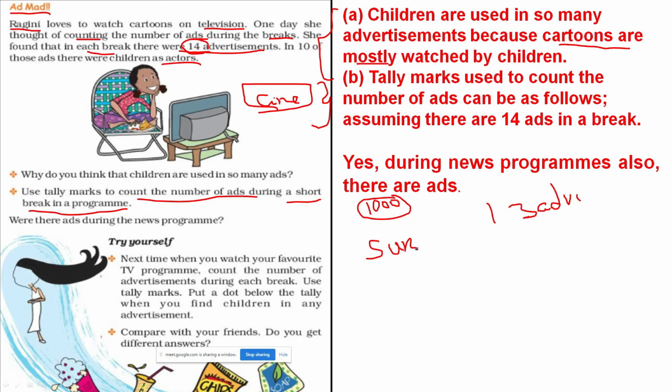Through the advertisement, the company develops its own product more. It attracts the people, the customers, or the children especially. Chocolate and all, many small children like. By seeing the advertisement, they want that particular chocolate when they are going to purchase items. To attract the people only. So very beautifully the advertisement is earning them more money.